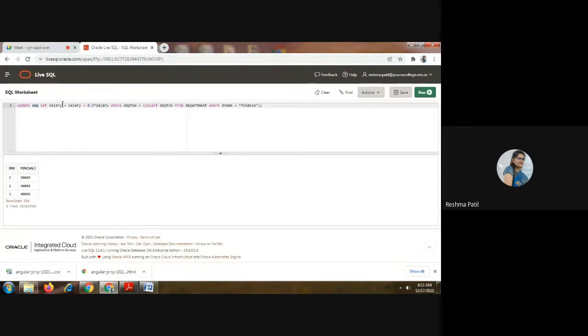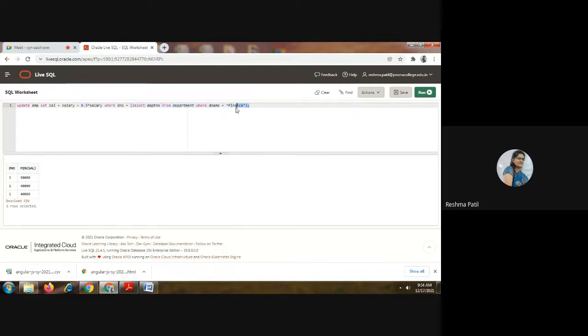Set salary is equal to salary plus salary into 0.5. So every record of employee will be updated here. Every salary will be multiplied with 0.5. So here is the updation of the salary column where department number we are using a nested query. So the result of this query will be passed to here. That department number will be passed here, and according to department number, salary is going to update.